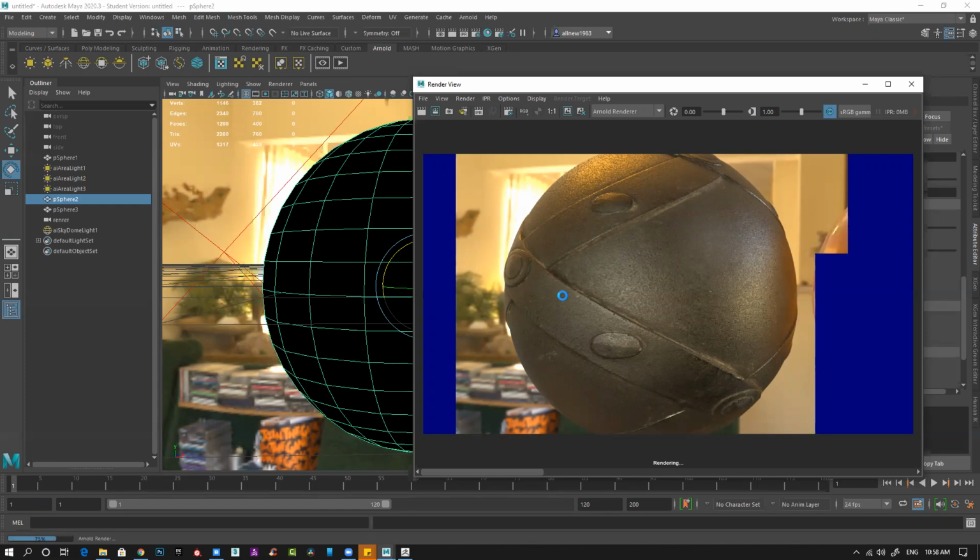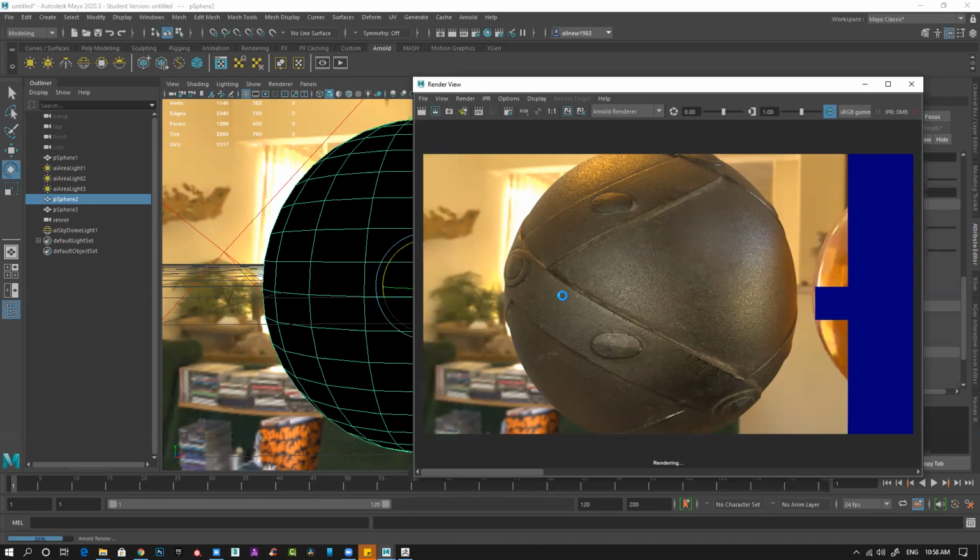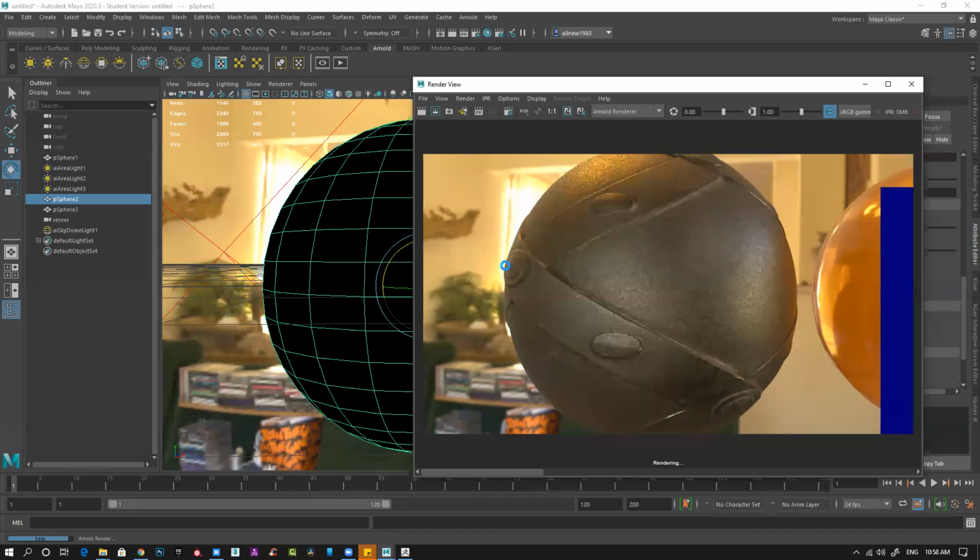You can increase the intensity, you can modify your subdivision level and everything, and generate all these details within your mesh very easily. You have to render it out multiple times to check the exact value which is suitable for your particular mesh.